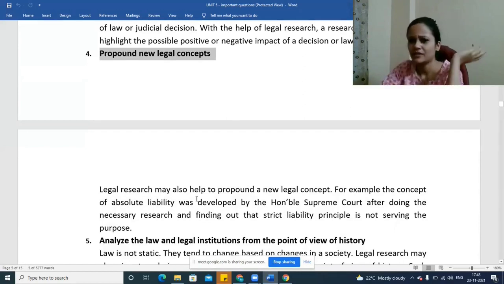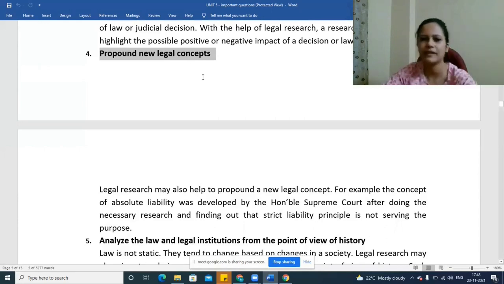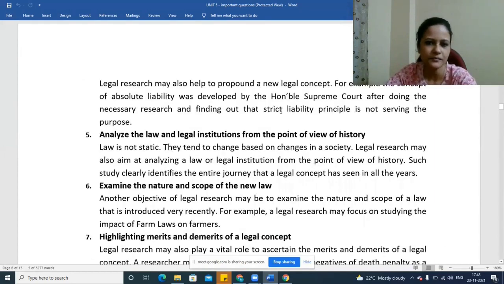So it can relate to any other matters also, where the court may say, okay, fine, how to decide compensation for a certain case, like a hit and run case. The formula for calculating compensation might also be a concept that they have developed. Same way it may apply. So this one is a good example that you can remember. From strict liability, they developed absolute liability.